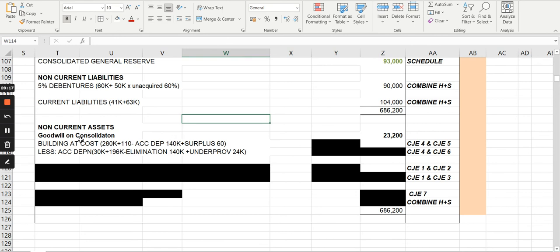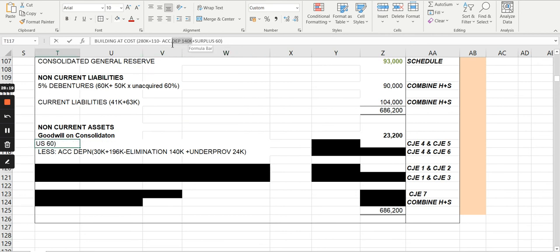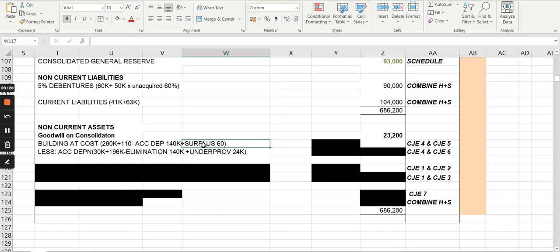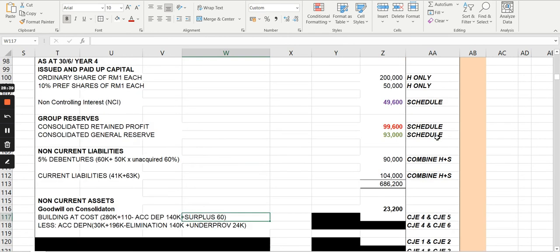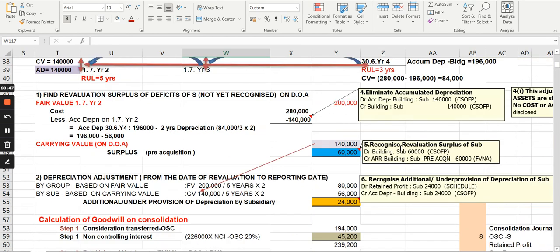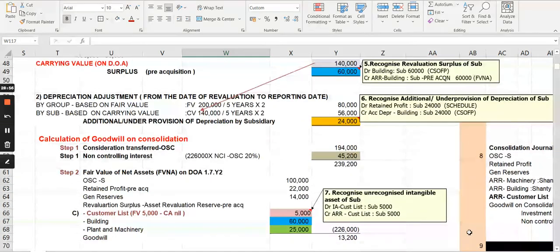That one that you have eliminated much earlier. Next is surplus, is for the consolidation journal entry that you have done for your building. Consolidation journal entry number 5. You can check this later. Yeah, here is the consolidation journal that I have included, right? So that is what you need to adjust wherever it affects the building as per our working.